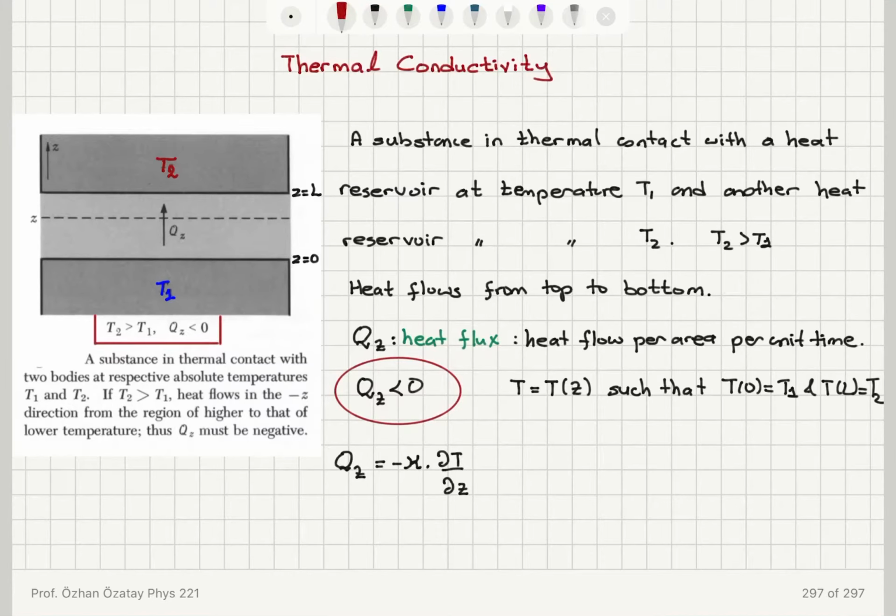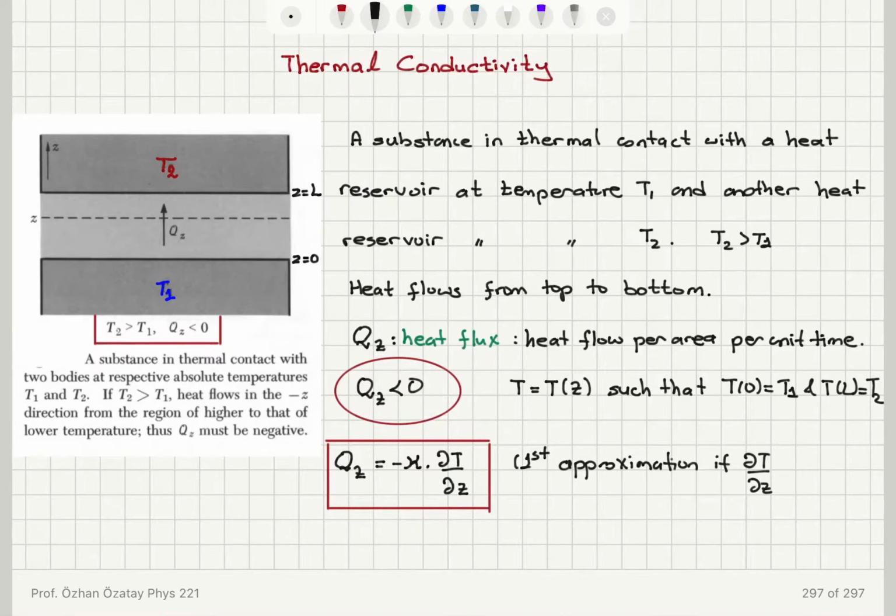So this is basically a first approximation, and this linear relationship between the temperature gradient and the heat flux is valid if the temperature gradient is not too large. So this approximation gets better and better when the temperature gradient becomes smaller. So this coefficient, the proportionality constant kappa, is called the coefficient of thermal conductivity,